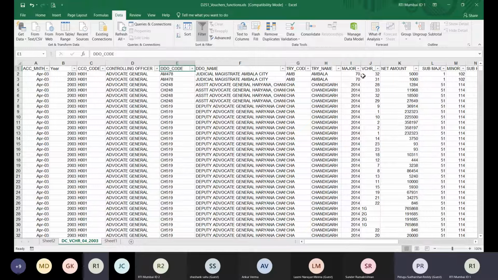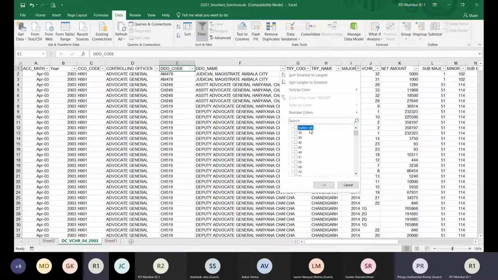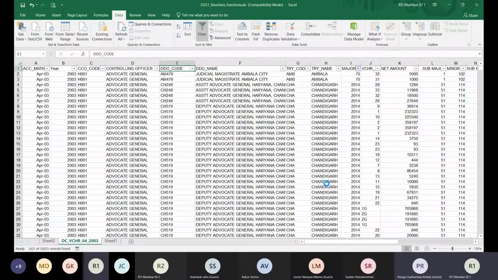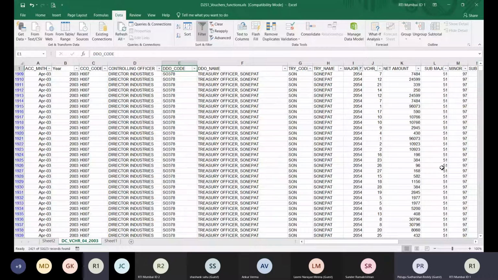सेम थिंग अप्लाइज फॉर दिस मेजर रेट। समझो आपको एक पर्टिकुलर मेजर चाहिए तो यहाँ पे वैल्यू कम है, तो आपको यहाँ पे जो समझो 2053, 54 एंड 55 चाहिए, तो उतना ही डाटा आएगा, खाली 53, 54, 55 का। और एक चीज याद रखिएगा, आपका टोटल डाटा और आपका फिल्टर के बाद का डाटा आपको इधर लेफ्ट साइड के कॉर्नर में दिखेगा। 2421 ऑफ 53025 रिकॉर्ड्स फाउंड, लेफ्ट साइड में आपको दिख रहा है स्टेटस बार में।